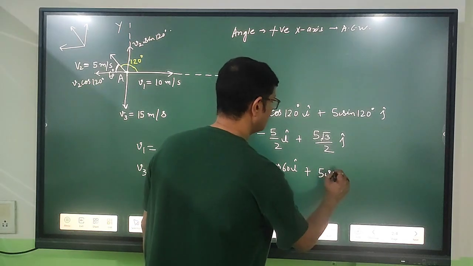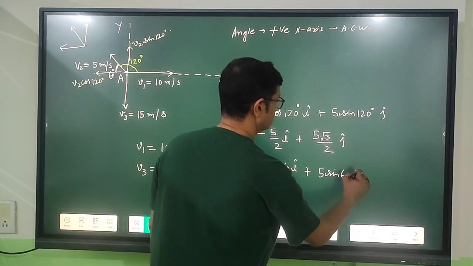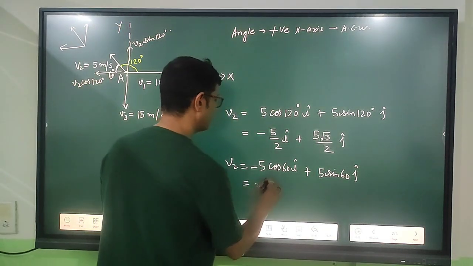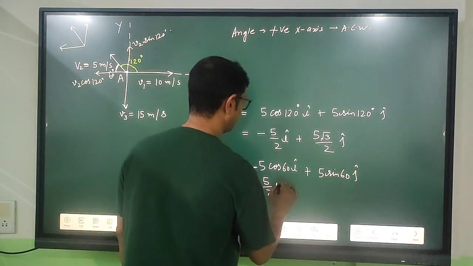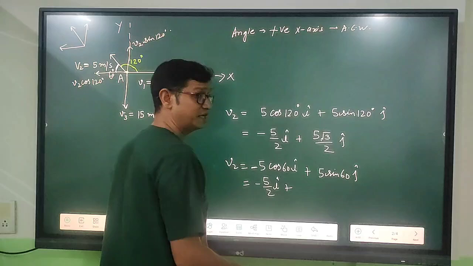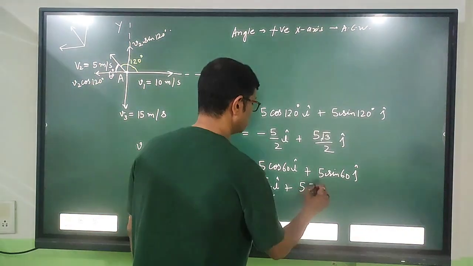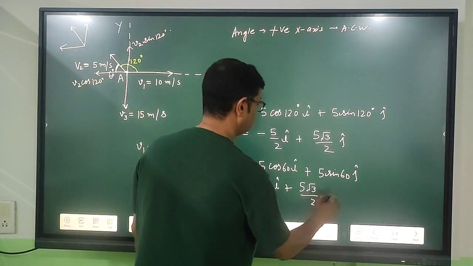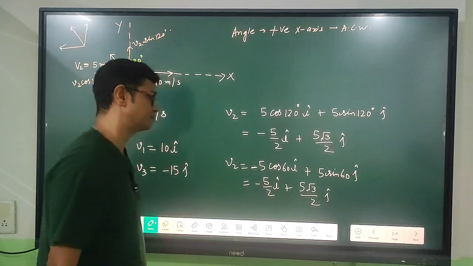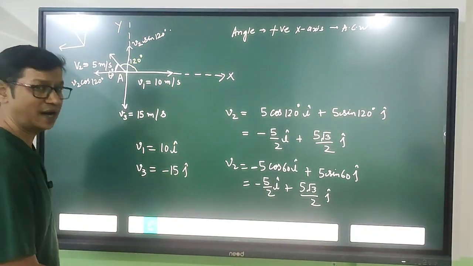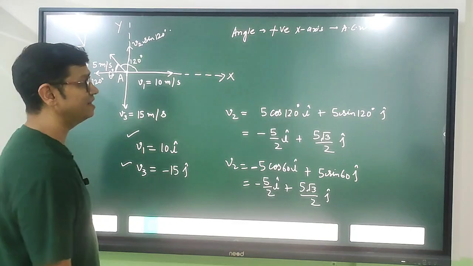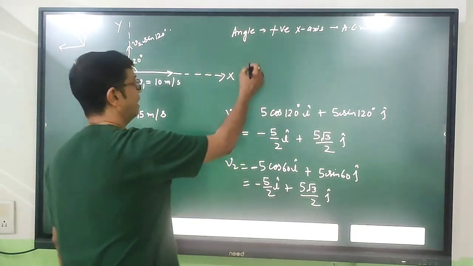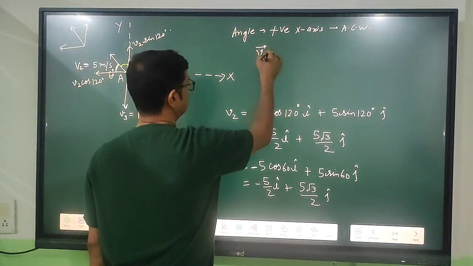So anyways, coming back to this, 5 cos 60 i cap minus, now 5 sin 60 j cap, the answer remains same. 5 cos 60 is 5 by 2, so this is i cap. Sin 60 is plus root 3 by 2, so this is 5 root 3 by 2 j cap. So now I have written V1, V2 and V3. Adding these is no big deal. Adding, the resultant vector VR is,